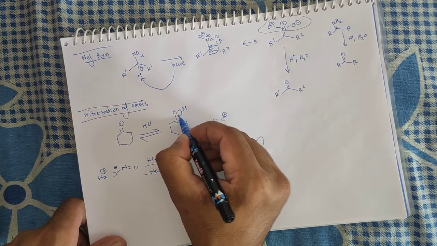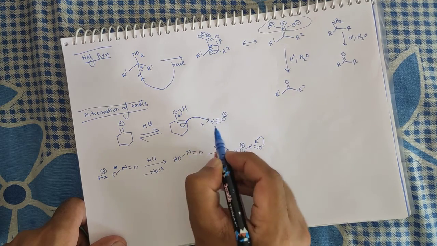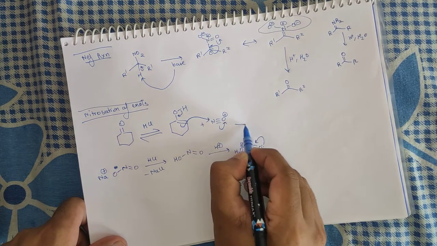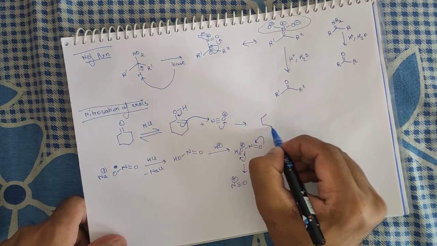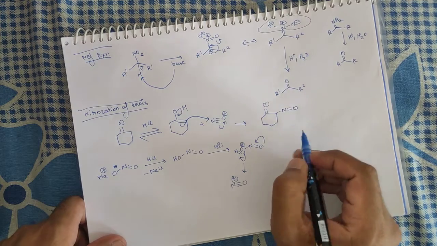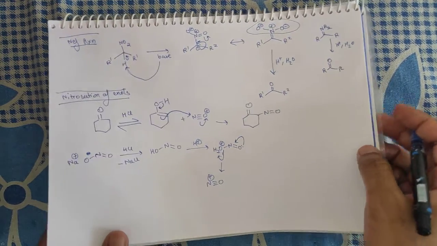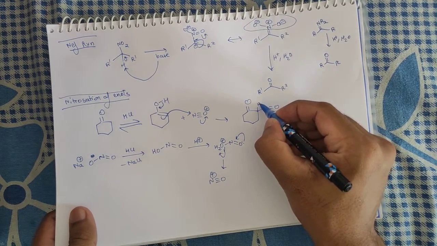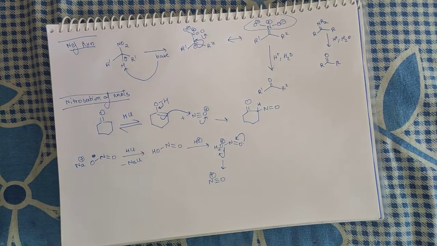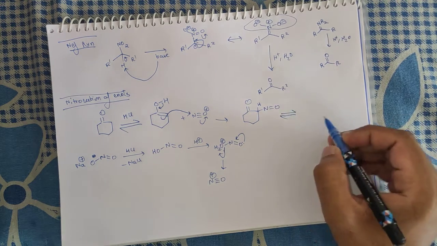This bond will shift here and this bond, through this carbon, will attack at this nitrogen atom and this bond will shift here. Now there will be formation of this carbonyl group and here we have an NO group. Now if you have basic knowledge, simple, you can tautomerize it because we have a heteroatom containing functional group and we have a hydrogen adjacent to it, so it can tautomerize like this.